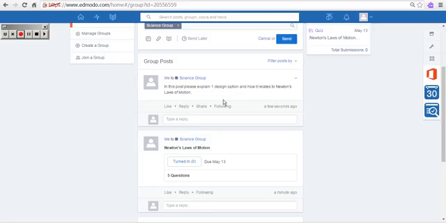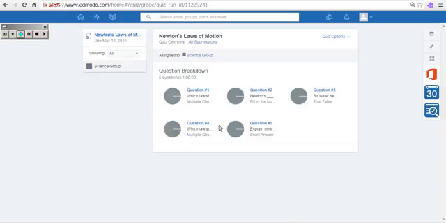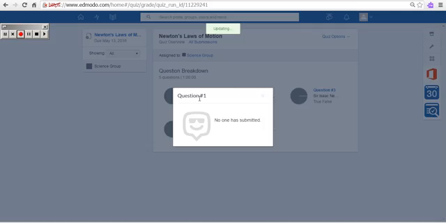So the last thing you can do is you can create more of a summative assessment, which would be a quiz. So here I've created Newton's laws of motion quiz. So if I click on this, it'll bring up my side of the quiz here. Now what I can do is I can click on each question, and once the student has answered it, or